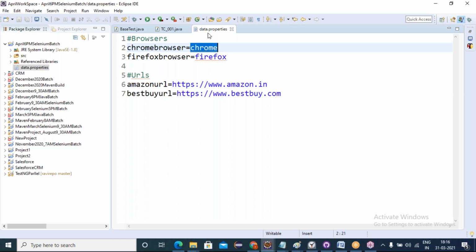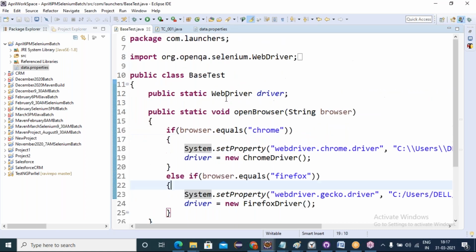So for every test case, loading the data properties is common functionality. Opening the browser and navigating are common functionality, and even loading this data properties is common functionality for every test case. Define one method to load all these properties files or Excels, whatever it was, in the base test. Because why? Can you hear me? Base test is the common class for every test case.